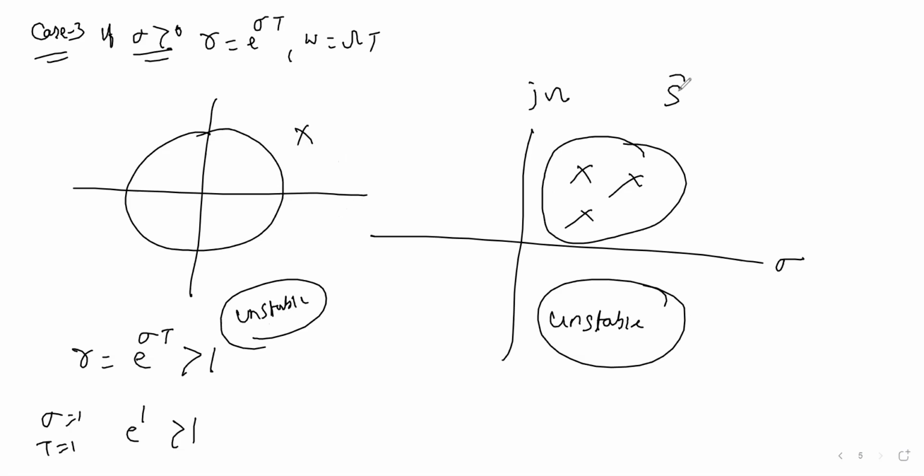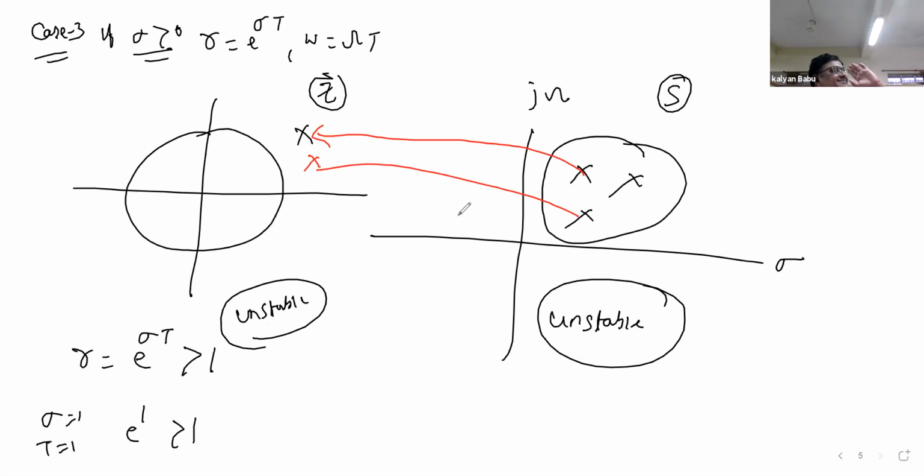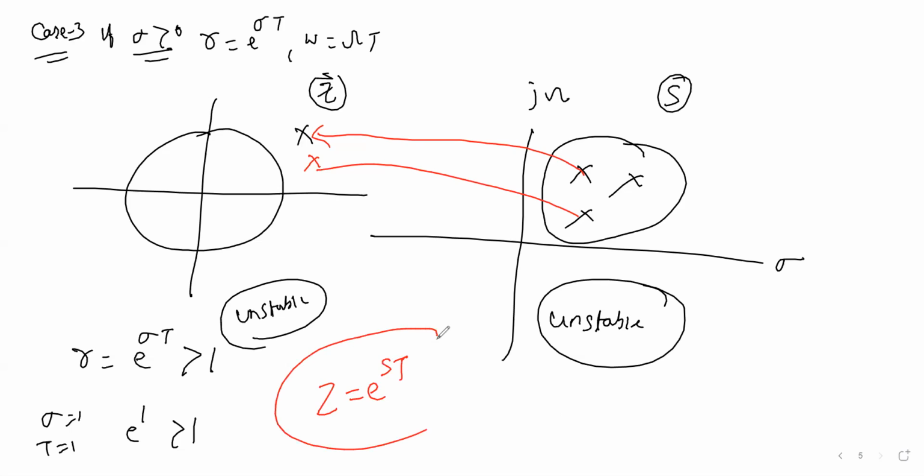This is your s-plane, this is your z-plane, and this is the mapping. Poles in the right hand side of the s-plane map to the outside of the unit circle. Now all the three conditions are satisfied. Then what can I say? I can say that my mapping is proper. Agree, all of you? My mapping is proper.